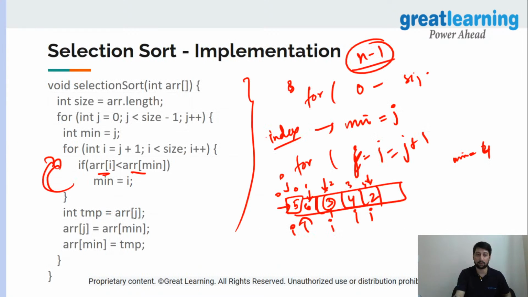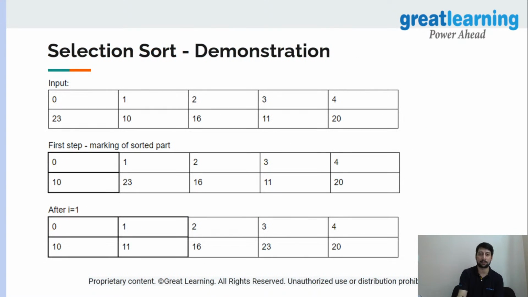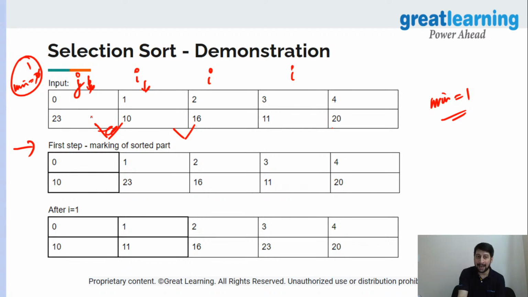Let me go back to the algorithm. Now once we have calculated this min, after that swapping will happen. The last swap will happen with the first element. That is the temporary arr[j], which is pointing to 0. So that is what is happening in this position. Now we have this 1, that is 10, and it will be swapped with this 0, that is the